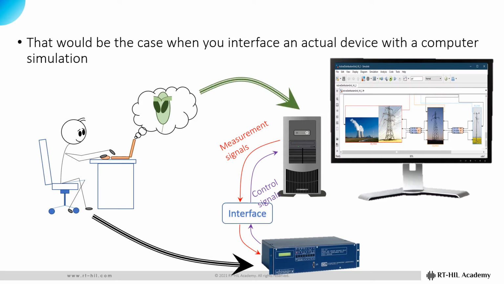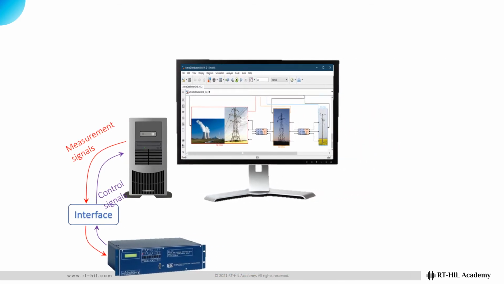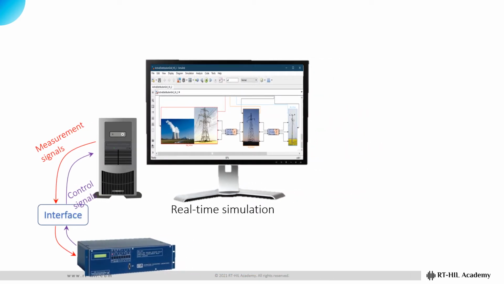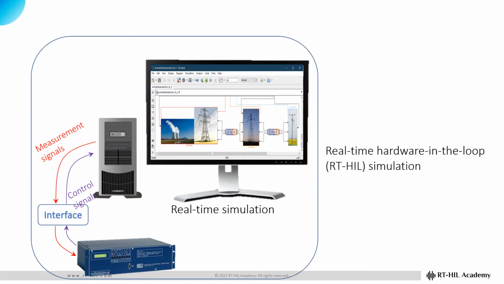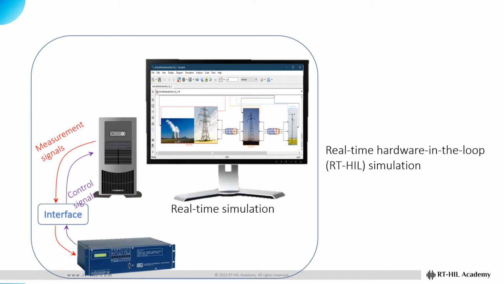The time progression for the device is ruled by the time in our world, which is the real time, whereas the time progression in the simulation is governed by the simulation engine. And that can be either faster or slower than real time. So, if we want the device to properly interact with the simulation, we should make sure that the simulation runs in real time. This is where the real-time simulation is needed. And, because the real-time simulation is interfaced with a hardware, the whole setup is called a real-time hardware in the loop, or RT Hill, simulation.